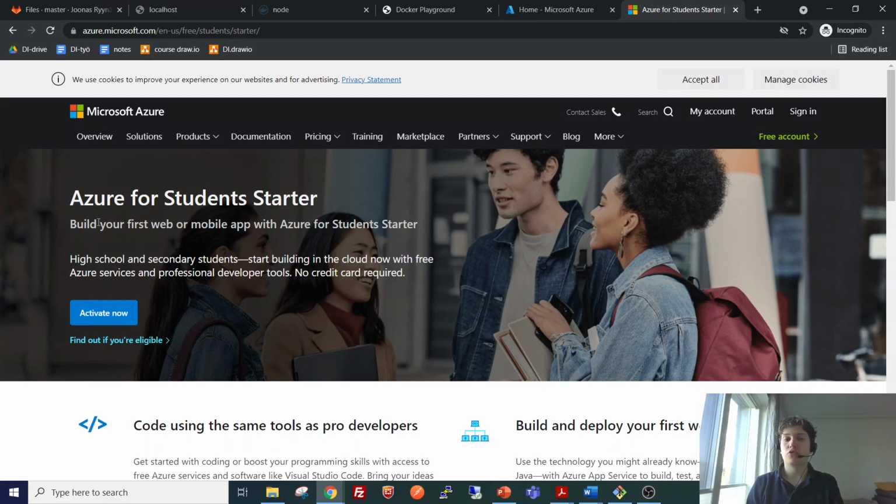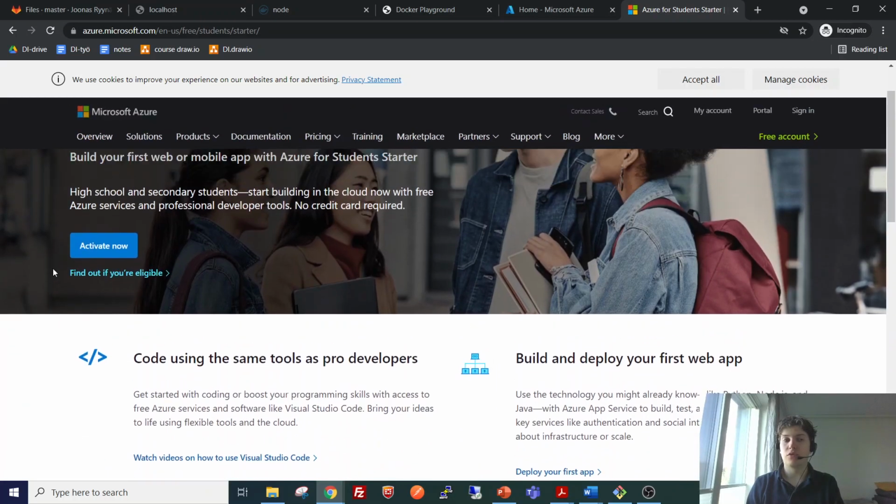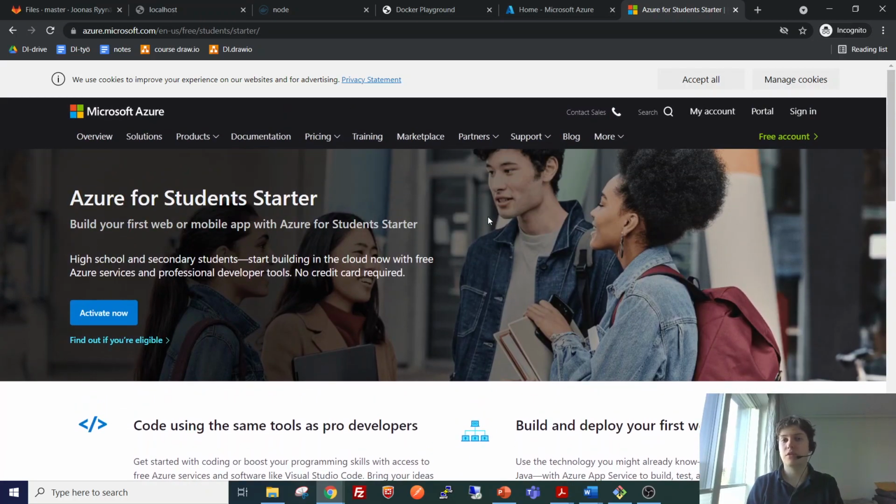You can also use that, but I recommend to use this Students Starter since it doesn't have a time limit and credit limit. You can use the Azure for Students in some other courses, for example. So go ahead and activate this Azure for Students starter before starting exploring the Azure.